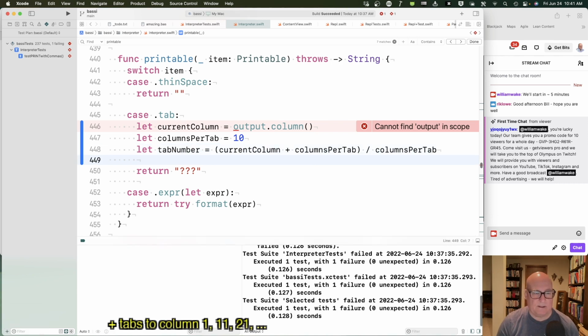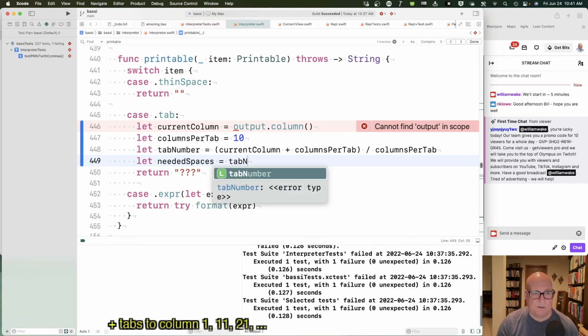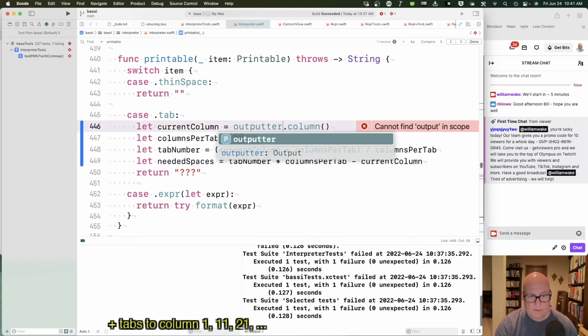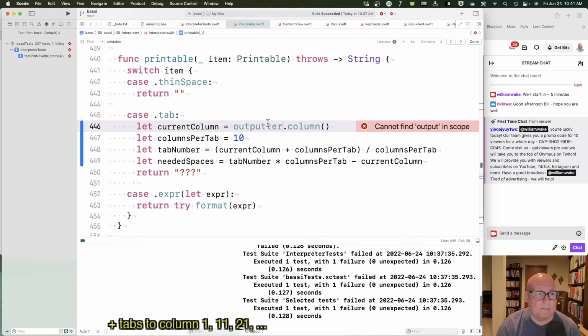And so if I take, let needed spaces equals, well, if I take tab number times columns per tab, and I subtract off the current column, outputter, is it? Okay. To subtract off the current column, I think I want that. So I want